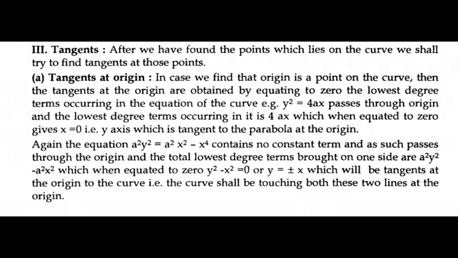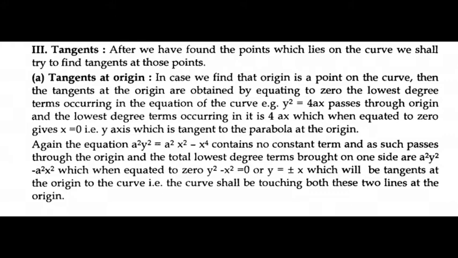One is, so this is the highest degree term, x power 4, and a square x square and a square y square. So just bring these to one side, a square y square minus a square x square is equal to minus x raised to 4. Equate a square y square minus a square x square to 0. That implies, take a square common, a square into bracket y square minus x square is equal to 0, or y square is equal to x square, which implies y is equal to plus x or minus x.